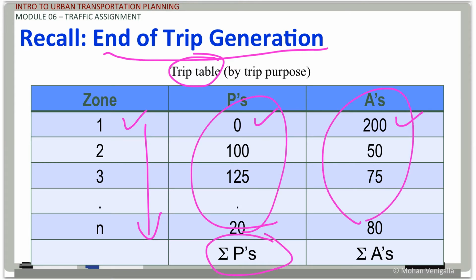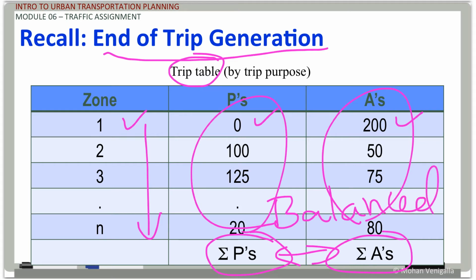And in the end, both P's and A's are balanced, meaning sigma P is equal to sigma A's. And this is your output of trip generation. Because we have a sequential process, the output of trip generation is going to be input of step,